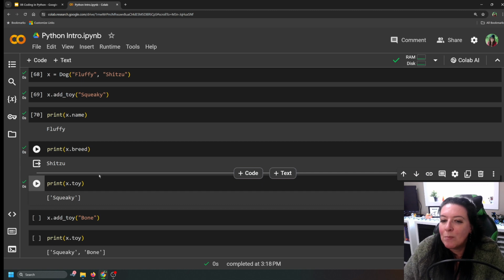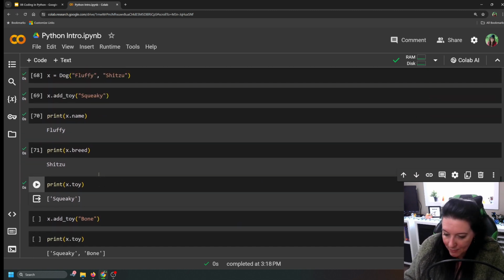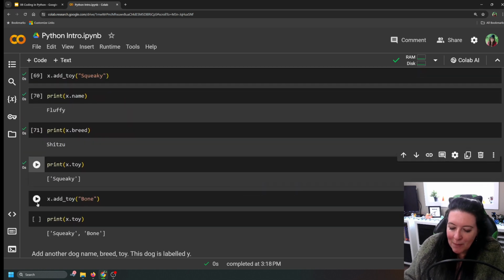We could add more toys to what was the name of the dog? Fluffy likes. So maybe Fluffy also likes a bone. So x.add_toy